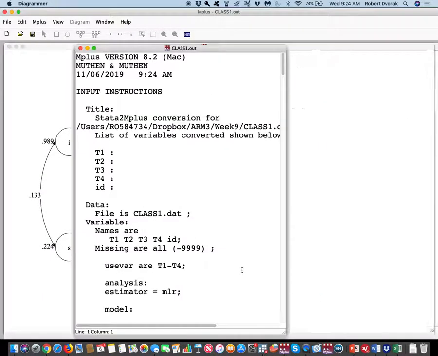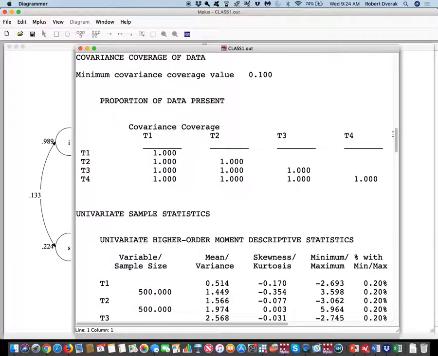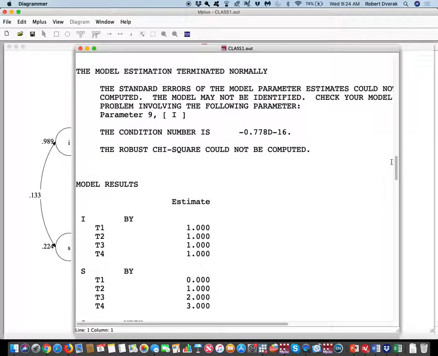Now we should get an error, and I'm going to explain why we get this error. It's giving us an error because there's a problem with that parameter. The reason is that in order to do a latent growth curve model, we have to translate these intercepts from each of these variables. They need to be pulled down here into the intercept and slope. And the only way that you can pull them, or maybe push them is a better way to phrase that, is to take this mean that would be here and set it to